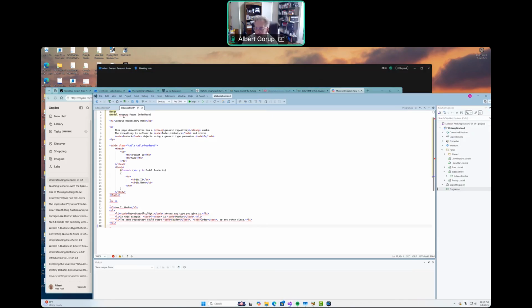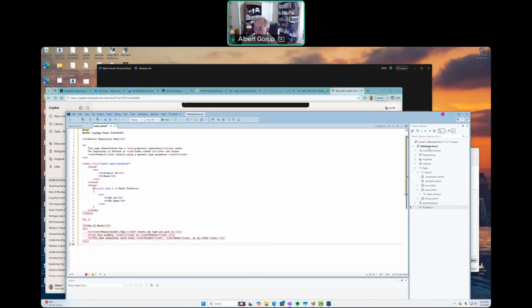Notice IntelliSense immediately kicked in and said, your app doesn't make sense because my app is web application 3. So I'm going to start typing it in, web application 3. Now it makes sense. And now it says index model. There is no class right now called index model. That's on the receiver side and it doesn't have it. So I'm just going to wipe that out.